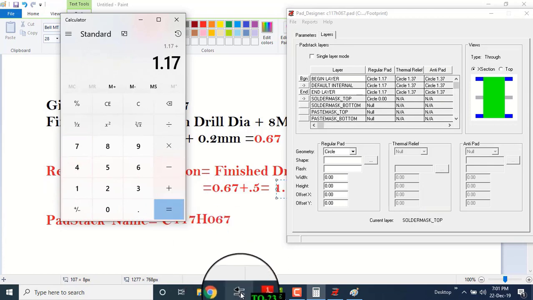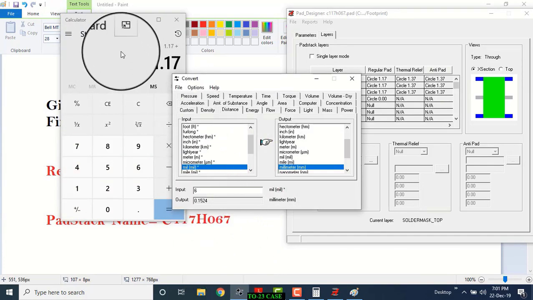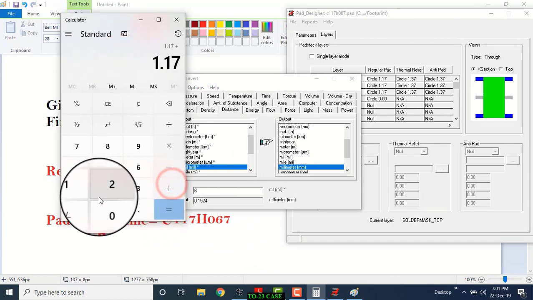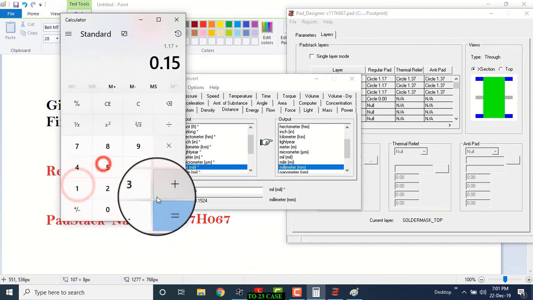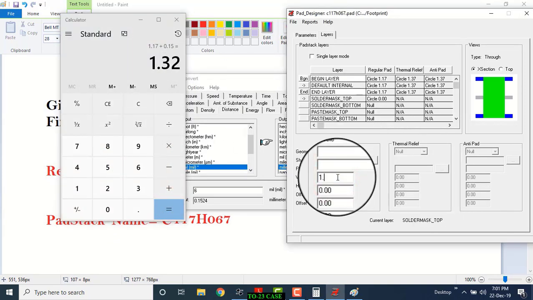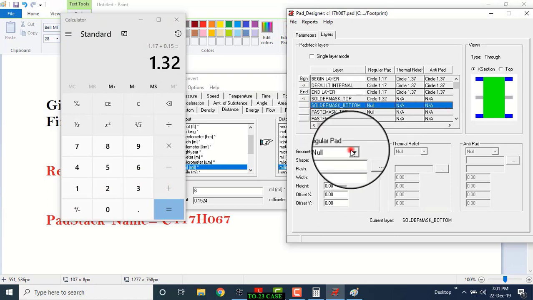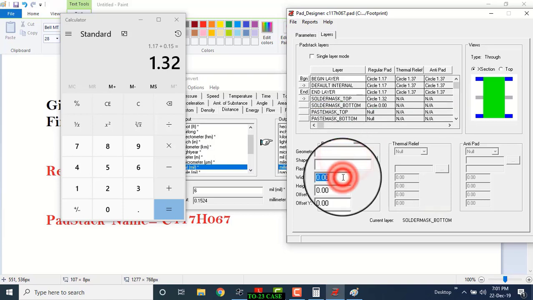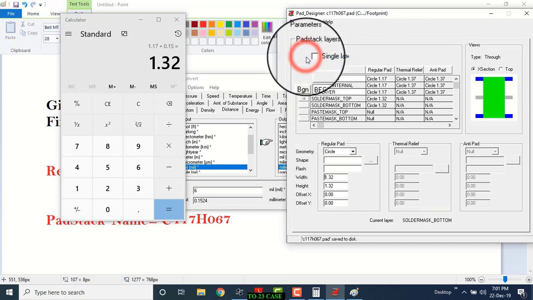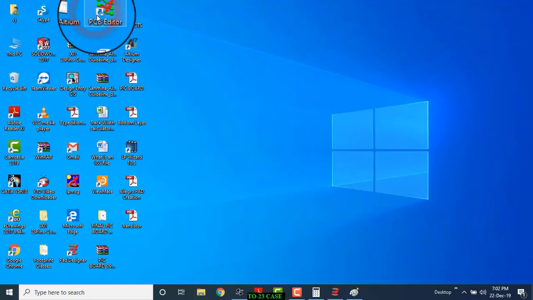Six mils, see here I have a calculator, becomes 0.15, so 1.32. Solder mask bottom is also the same circle, 1.32. Okay, save it.